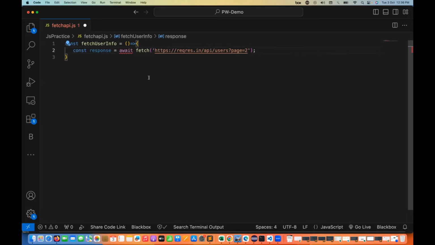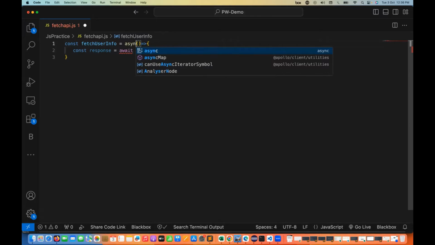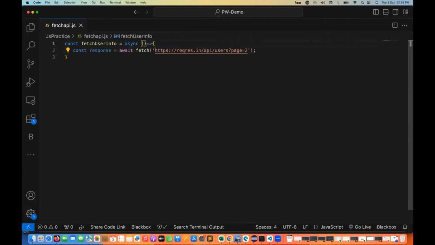And we know that I cannot write await without the async function. So this is a normal anonymous arrow function that I have created without any name. So we can write the async keyword here. Now the error is gone. We have already discussed in the last session that if you are using async, then inside the async you can use await. But if you're using await, async is mandatory. So before these two brackets, or before the arrow function or the anonymous function, you have to write